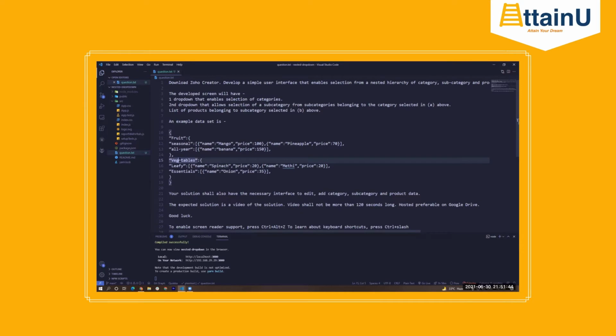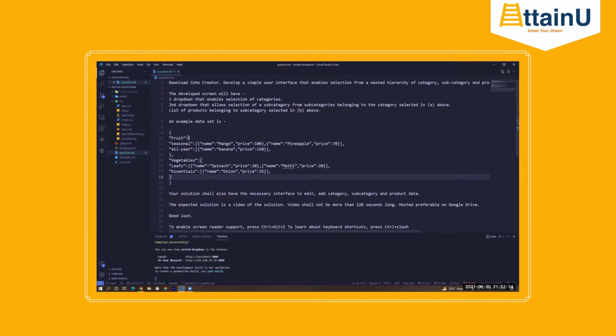Now, based on that selection, we have to create another selection box based on the values inside the subcategories, which are these different item objects, so to say. So the best way would be to actually just go with a brute force approach. And then there is also a better way to handle it. But again, then we'll have to pre-process the data in a different format.